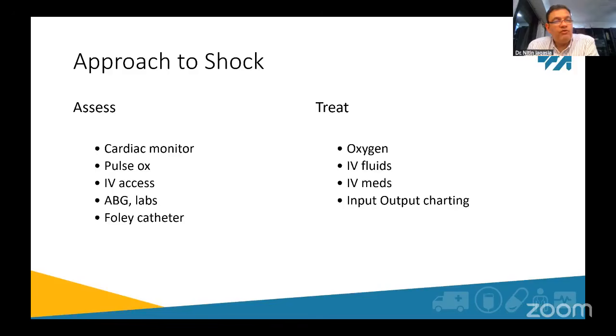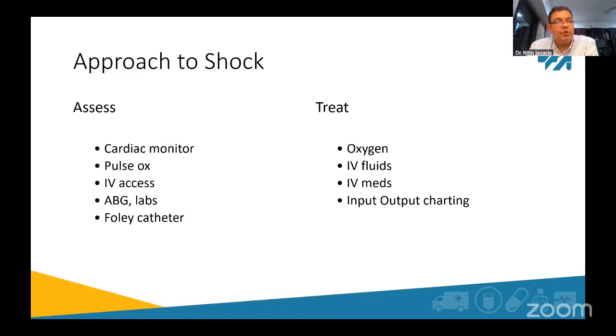So you'd want to give balanced crystalloids. You don't want to give any colloid or starch. Blood is the best product, but we may not all have access to blood immediately. So we start with crystalloids. We start with balanced crystalloids. More and more there's evidence in critically ill and critically injured patients that balanced crystalloids are even superior to normal saline. So whichever balanced solution is available to you, typically we would start now with 500 milliliters going in stat as a bolus.